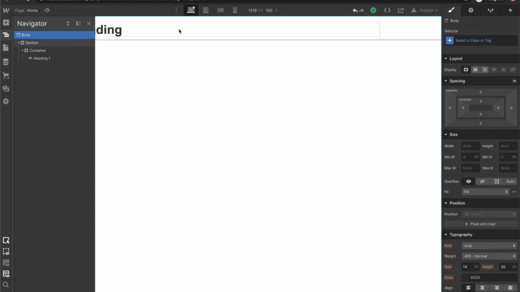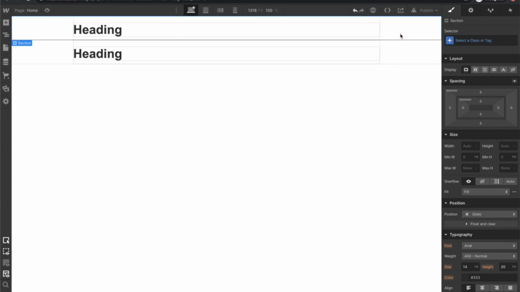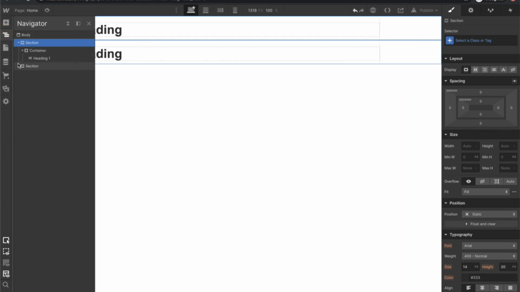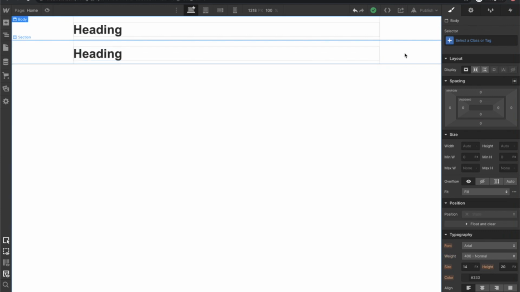Let's say I want, for example, let's take this section and we duplicate this. Now you're going to be able to see both of these sections in the box model, and say I want to drag one above the other. I'm going to be able to make any changes like that in the Navigator. And this is going to be a lot more useful when you have a ton of different sections and a ton of different elements on your page. So I'm going to erase this section that we just made,